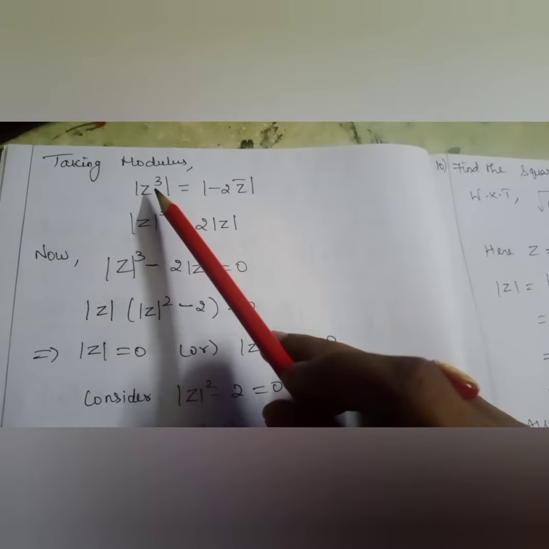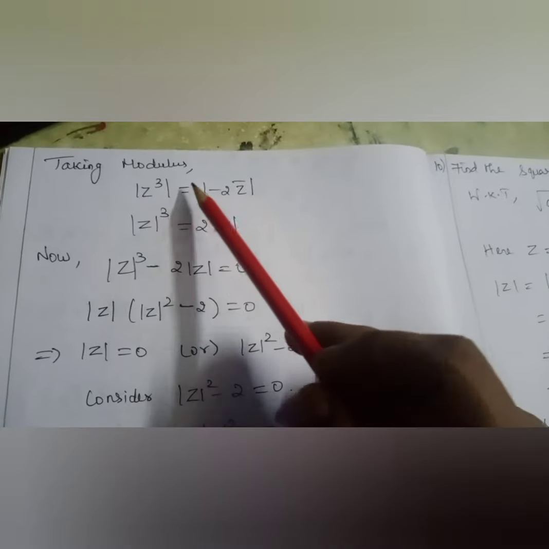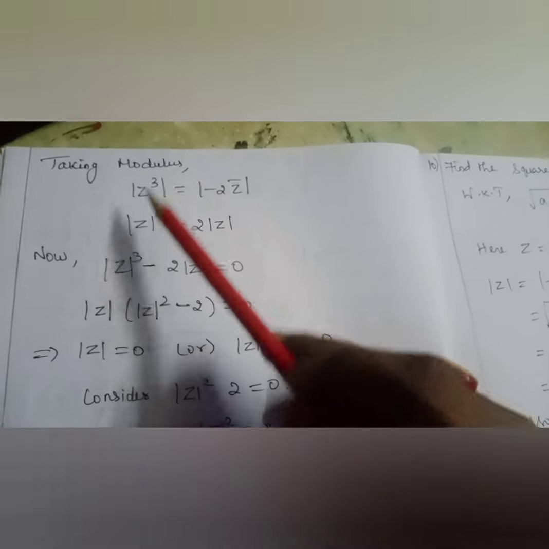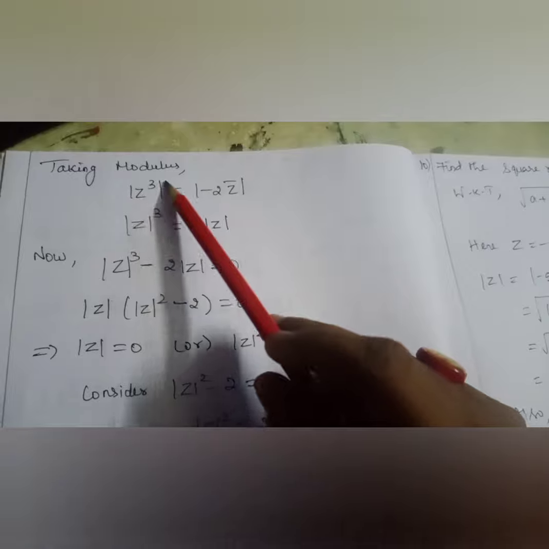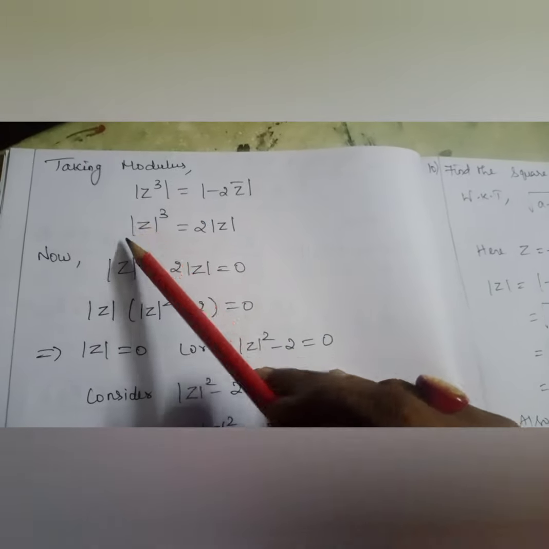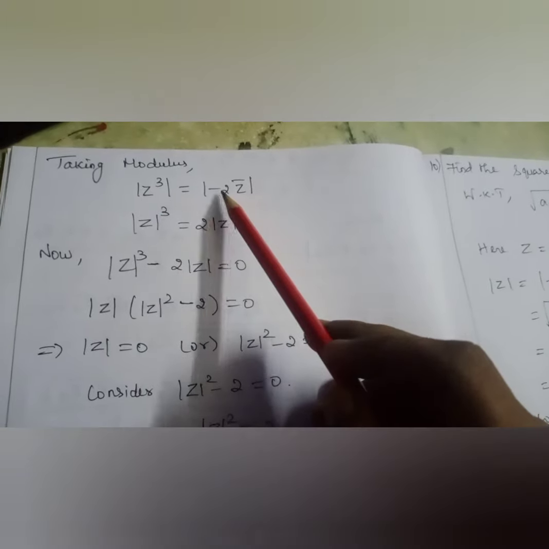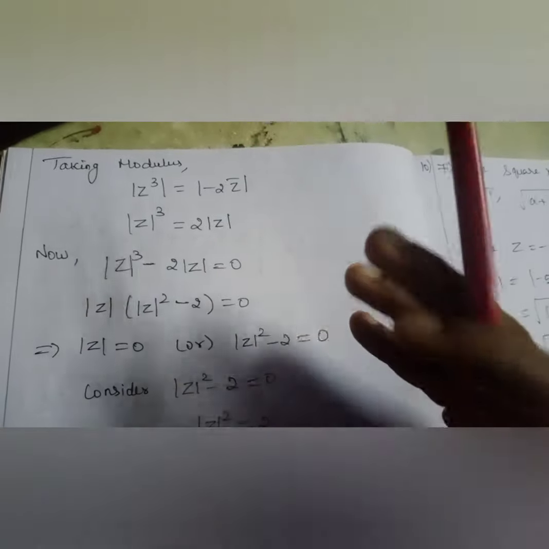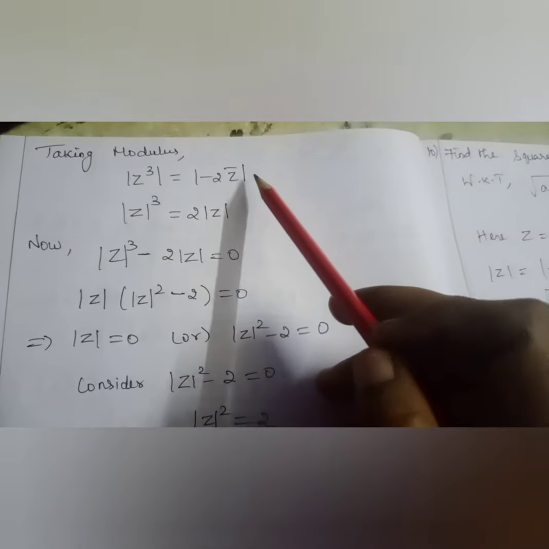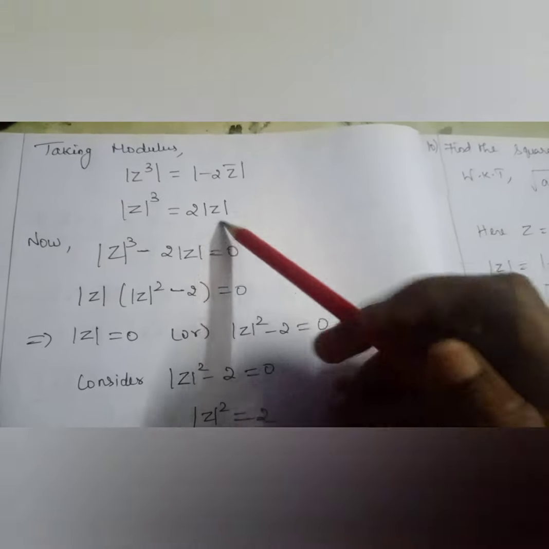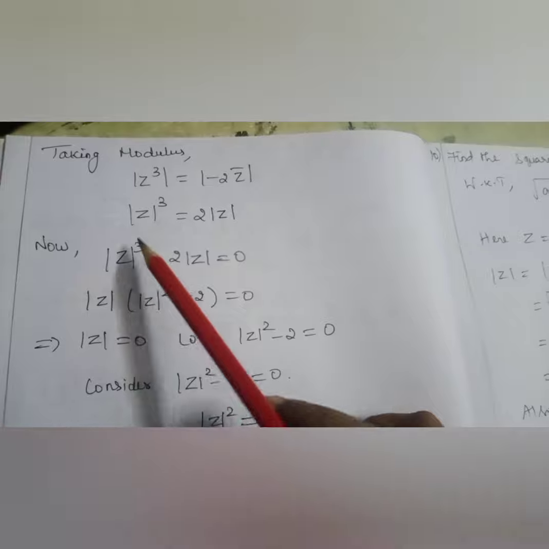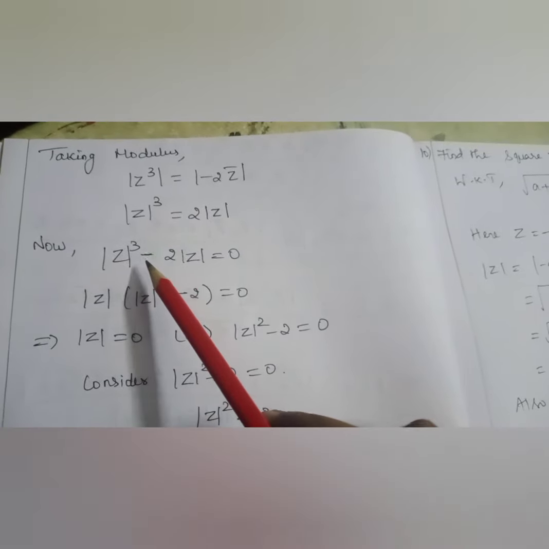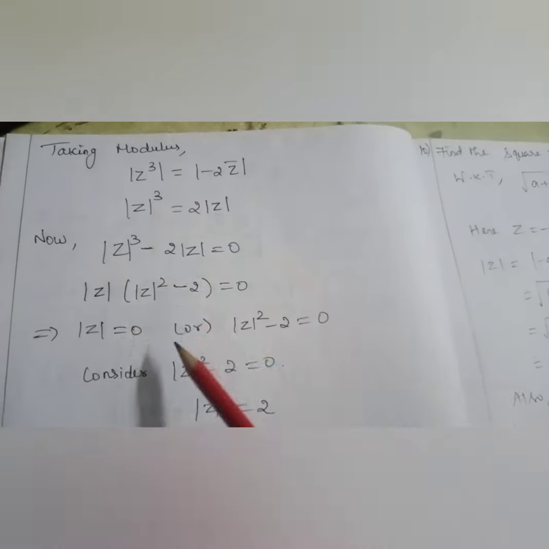So again I have a rule, that is modulus of Z power n can be written as mod Z the whole power n. Using that, modulus of Z cube can be written as mod Z the whole cube is equal to, similarly modulus of minus 2 is whatever you are going to write inside the minus, it will take the positive form. So this will be 2 into, again modulus of Z bar can be written as mod Z. So now modulus of Z cube, I will take this to the other side, making it as minus 2 mod Z is equal to 0.